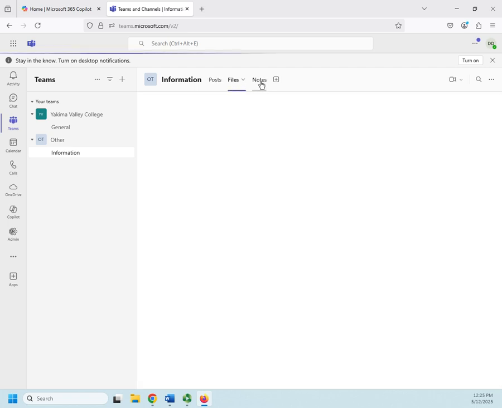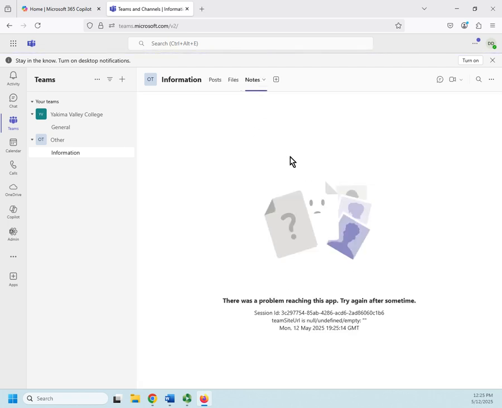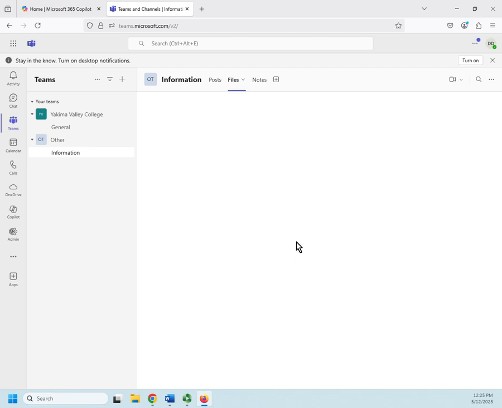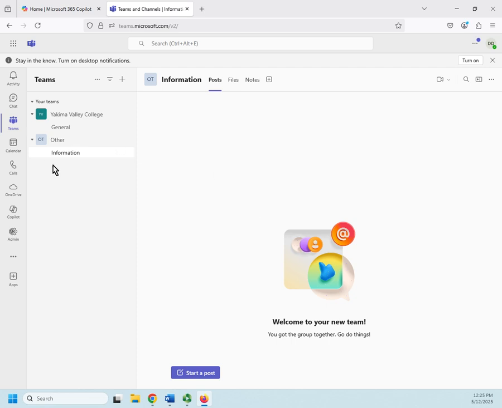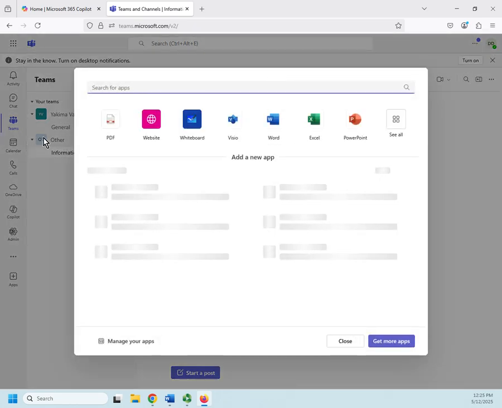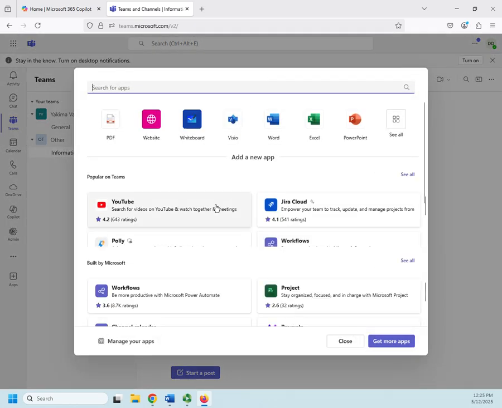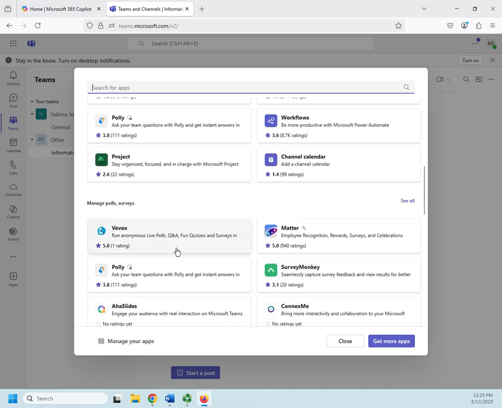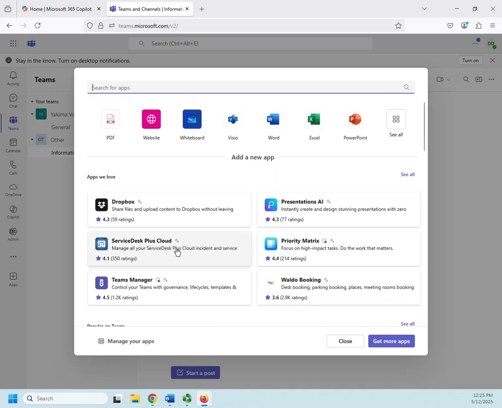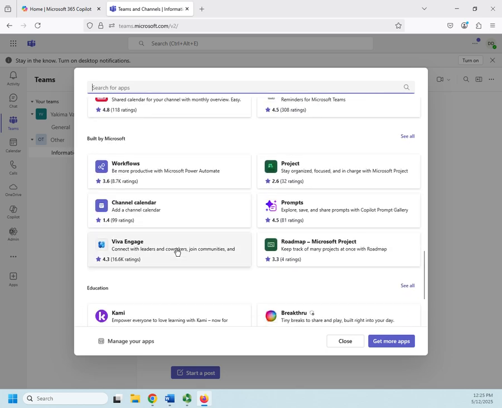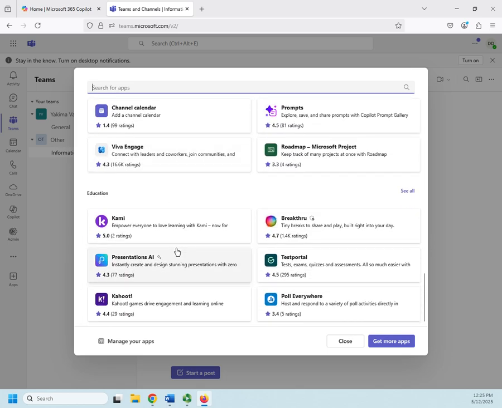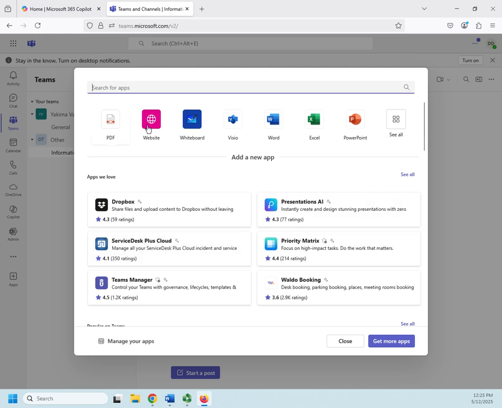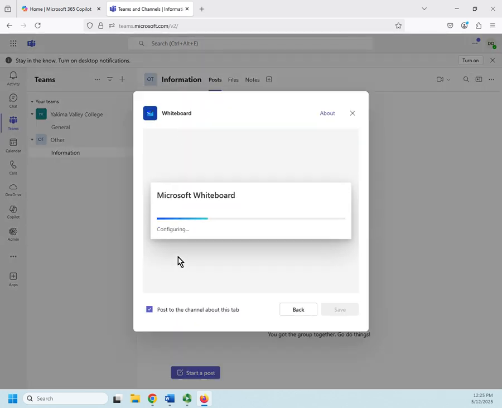So I can come to any one of these apps and work with the information in any of them. Now, if I want additional apps, that's what I can get from here. I can add a tab and I can choose PDF, Whiteboard, Visio, or add a new app here. And there's a lot of stuff that integrates directly with Teams. So we can find any of these we want. I'm just going to do a whiteboard. So I'm going to add my whiteboard